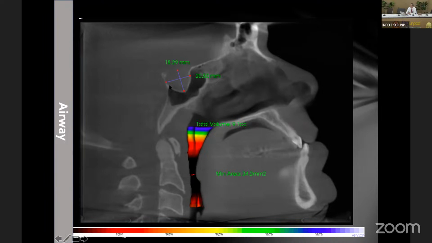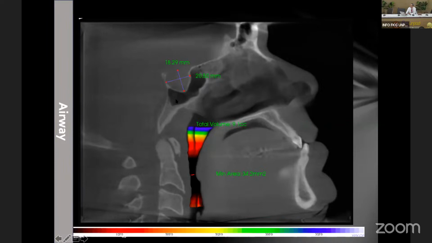Also with the cone beam, you can see there is an enlarged sella turcica. This is about 20 millimeters, certainly much bigger. Normally it's about 10 to 12 millimeters. Some may be as big as 15 millimeters, but certainly not 20. Also the border is not as smooth, and it looks like there is a depression here.